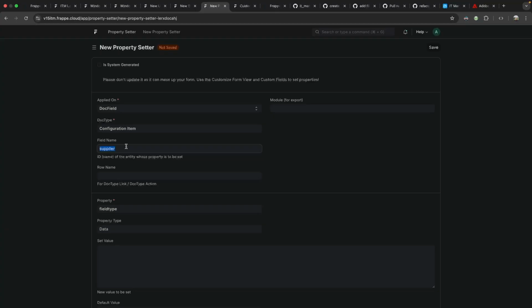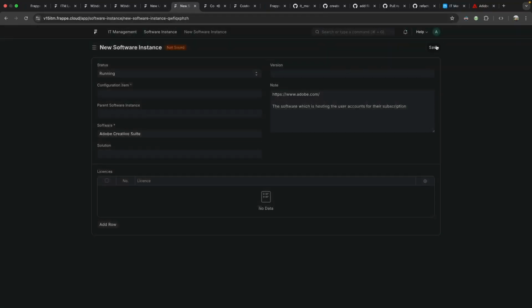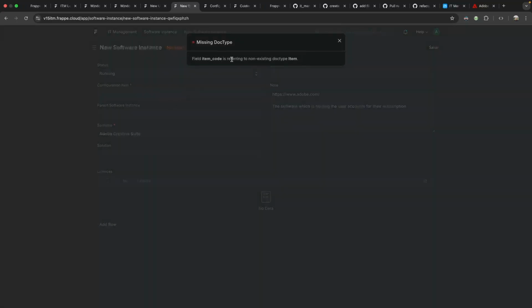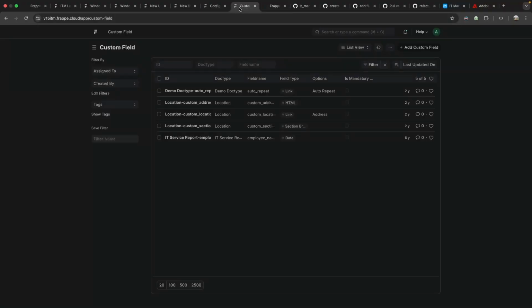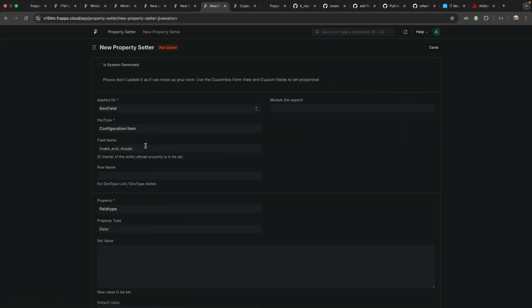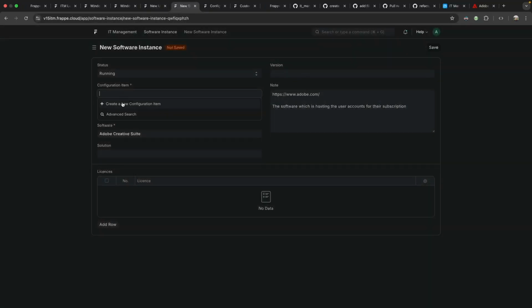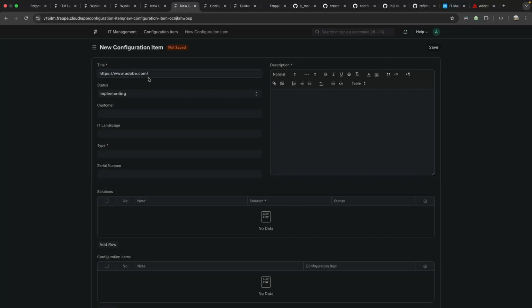We have the field which is make and model, and then make and model, configuration item, item code also. So we have another duplicate, item code, save this. We create this. Good, we can create it, adobe.com, server type, create a type,